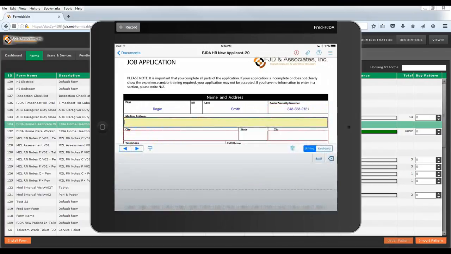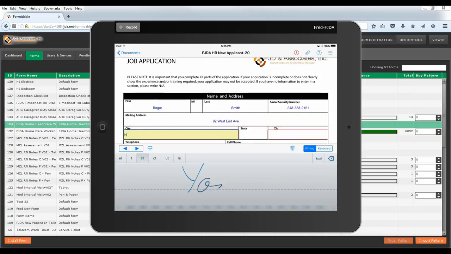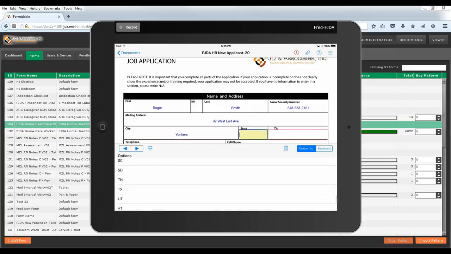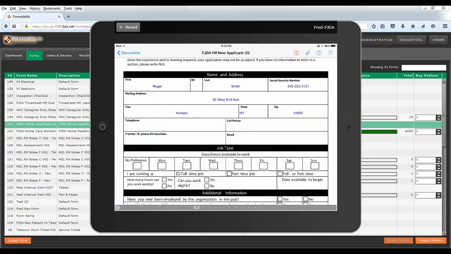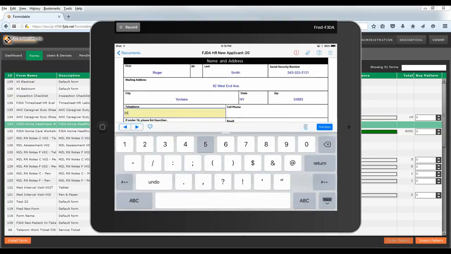I'm going to fill in a few more fields here. The address, 92 West End Ave. And the city is going to be Yonkers. The state, again, we have a drop-down list here, so it's New York. Here we go. And the zip code. I'm going to just add a telephone number here, cell number,